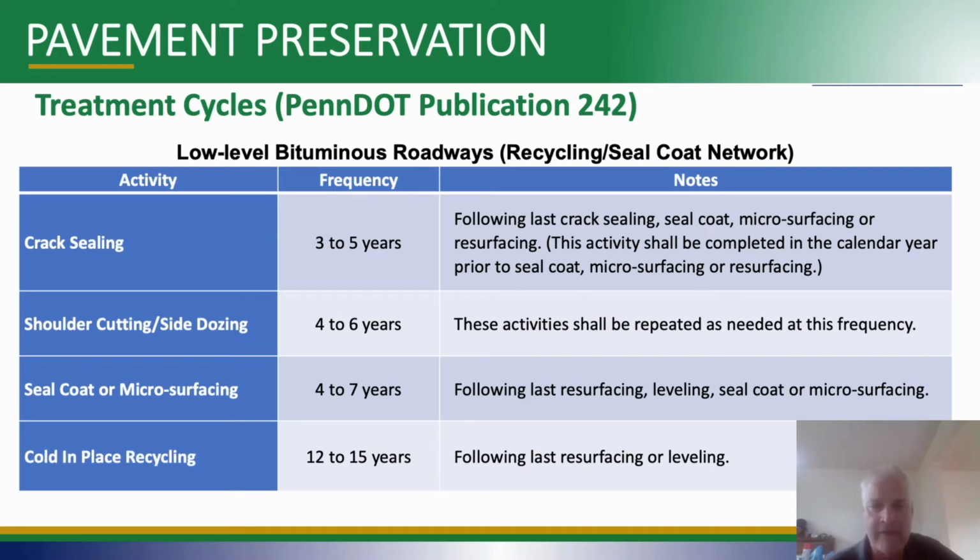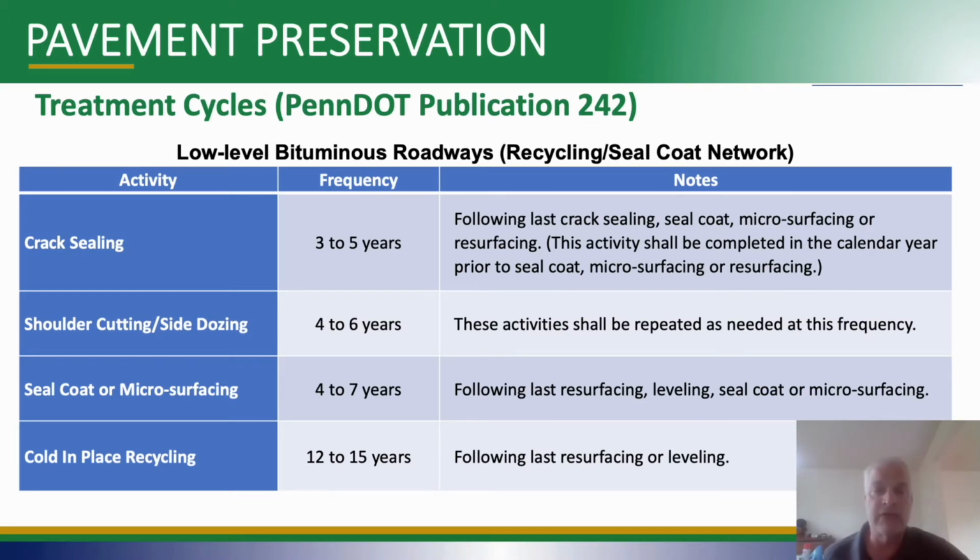We also have a recycling network, which is sort of a subset of the low level. Instead of using a warm mix or even a hot mix resurfacing, we use cold in place recycling. You have to be more careful of other factors or whether a recycling option is the right one for a road. In addition to ADT, you have to take a look at geometry and even in some cases canopy and drainage to make sure that the cold in place recycling will be effective.